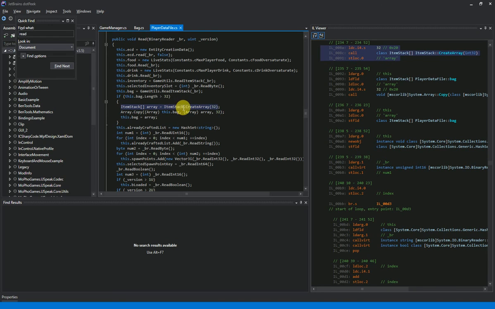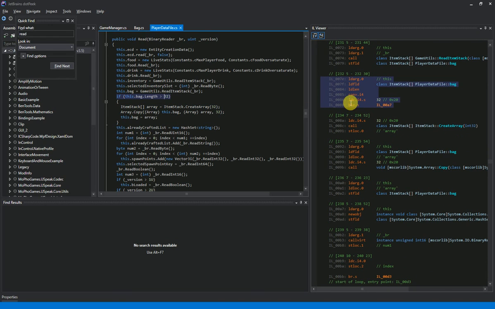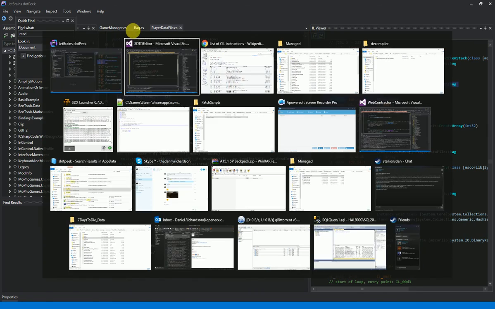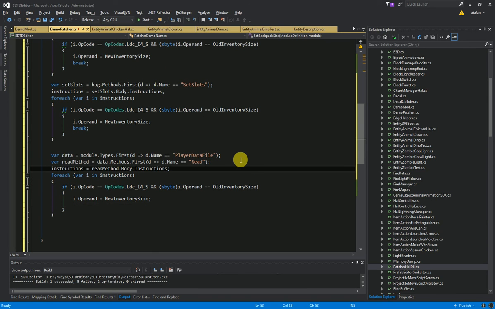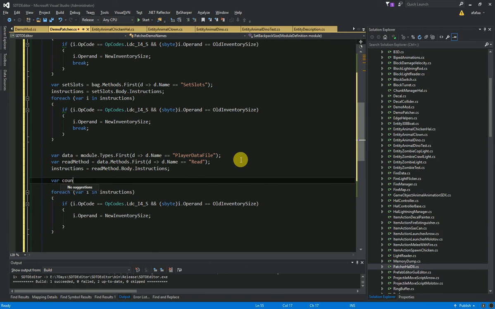So if we have a look here, we know the instruction address of the IL, and we could just target that and update it. But if there was a line added up here in the next version, that would break, so I don't really like doing that. But just for now and simplicity, what we're going to do is add a count variable,